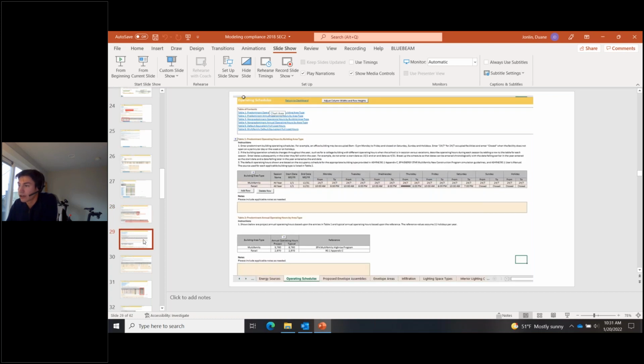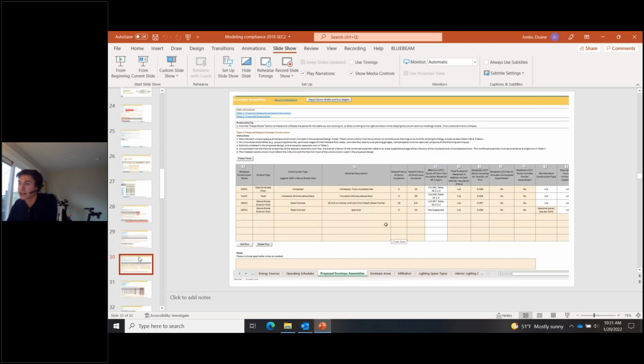Moving forward, you've got your operating schedules tab. You can document schedules and set points here. Now we're getting into the model inputs, disciplines, your envelope, lighting, HVAC tabs. So I will click pretty quickly through these. It's just that tabular documentation. I will say I've only got one table shown for each one of these tabs, but there are many tables below each one of these tabs. So just consider that when you're thinking about the size of the workbook.